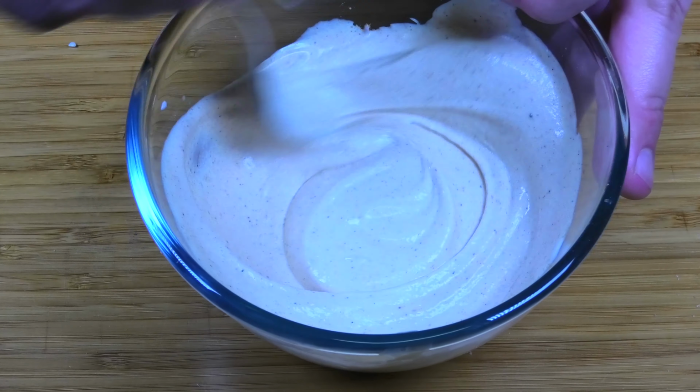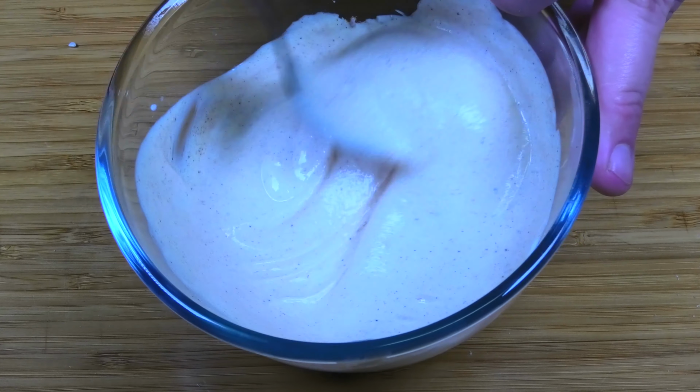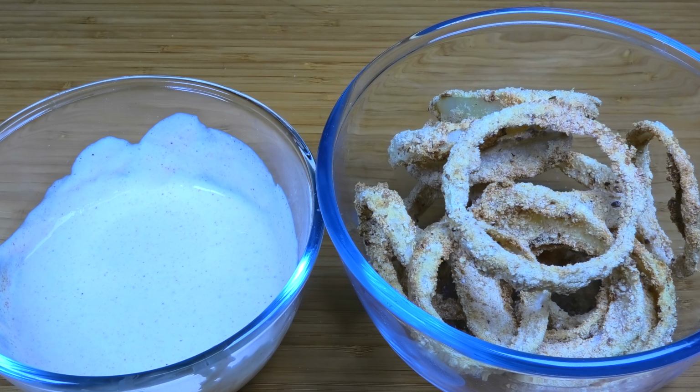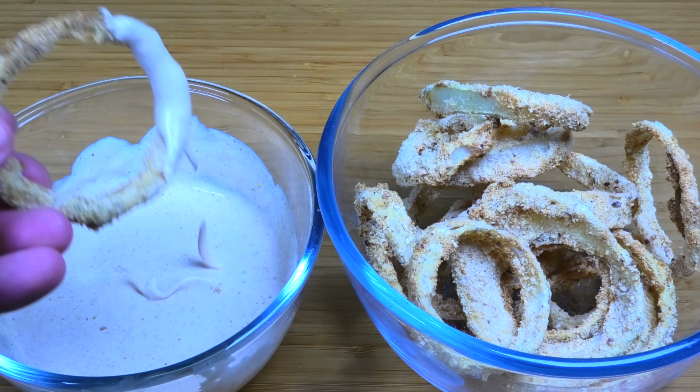Oh, this is delicious. It's a very simple sauce, but it's jam-packed full of flavour and goes perfect with our onion rings. And our onion rings are served. Now it literally took me about 3 to 4 minutes to prepare, plus 10 minutes in the air fryer, and they're done. They are so much simpler and definitely so much healthier than deep fried. They smell delicious, they taste delicious, and you don't have any of that oily aftertaste. So it's so much simpler and easy using an air fryer, and when you mix it with this lovely sauce,